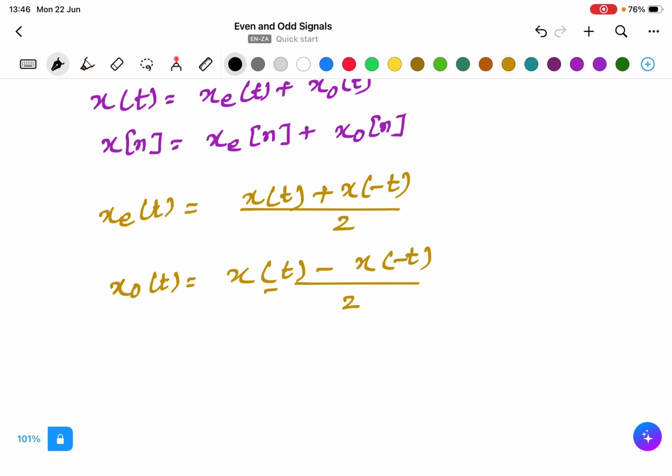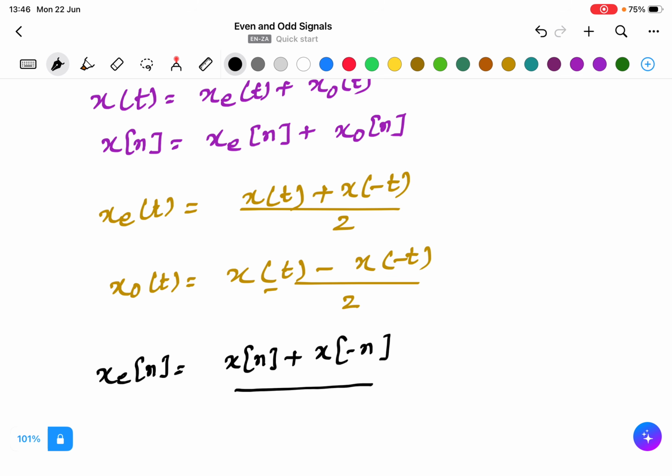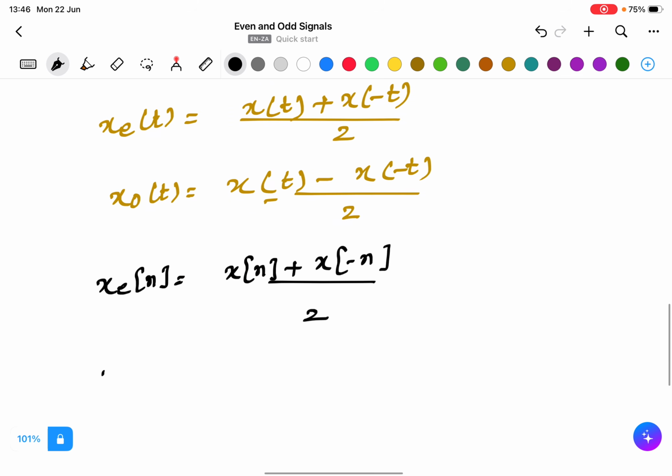The same rule applies to the discrete time domain with the difference of t and n, and x odd equals x of n minus x of minus n